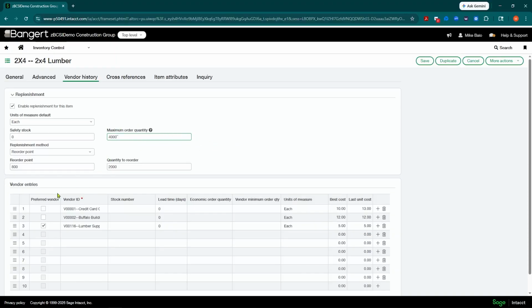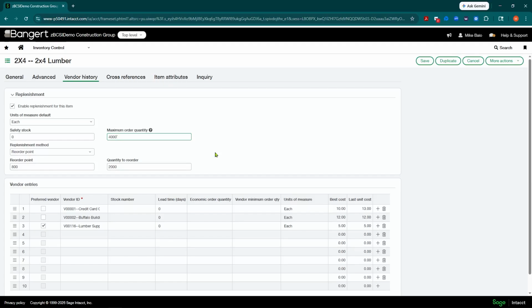Now, when we get into generating the reorder, there are different methods that you can have the vendor pre-fill for. There's a preferred vendor method, which will look here for the checkbox. There's also best cost and the last order you got. You can have it pre-fill different ways, but you can list your vendors here. They will add to this list automatically as you order from the vendors, but you could flip your preferred vendor and it can look down here as well.